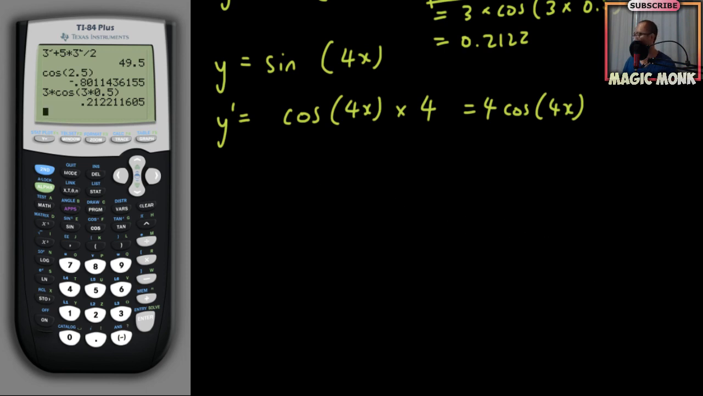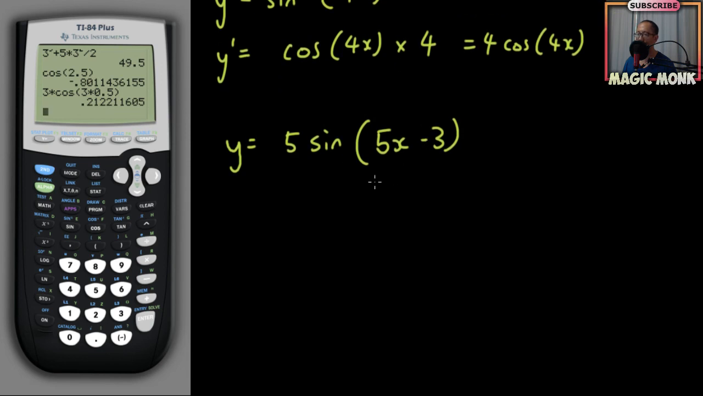So let's come up with a few harder questions for you guys. So let's say I now do y equals, let's put a number in front. Let's do 5 sine bracket, instead of just 4x, let's do 5x minus 3. So what you're going to do is differentiate it by going dy over dx equals, and